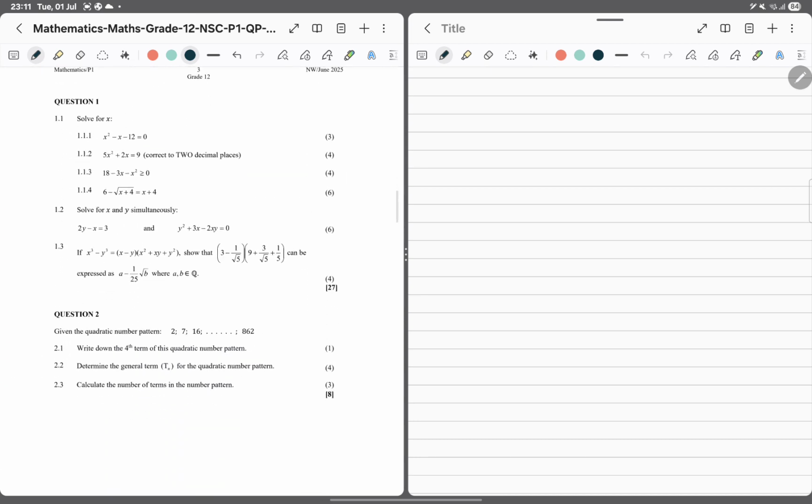Right, let's get to Question 1. Sometimes I refer to Question 1 as a warm-up question. This is setting the mood for the entire paper, but you will notice that most of these questions are warm-up questions because this is what we already know. Then we get some examination questions where we are asked to do a little bit more, of course applying the same principles. So 1.1